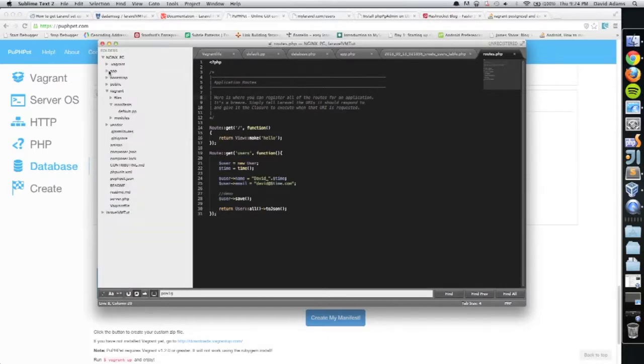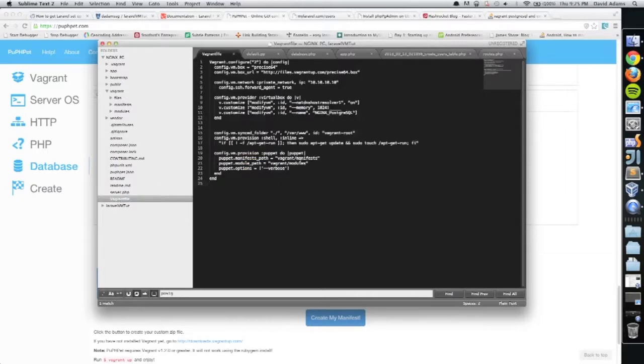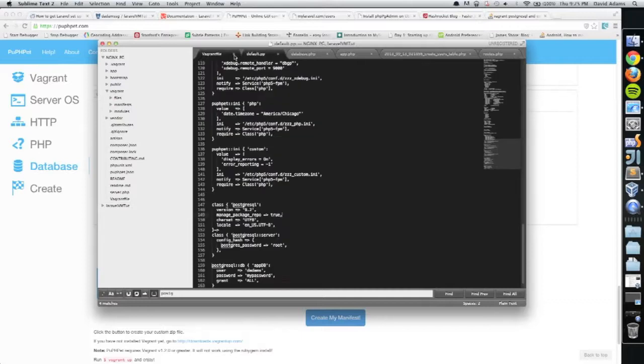So I'm in that root directory. I've named it Nginx PG, and I created a vagrant directory, and I put the files, manifests, and modules directories into that. Since I moved those files, you want to go update your Vagrantfile to reflect that, but I haven't changed anything else in here. But anyways, if you do a vagrant up right now,